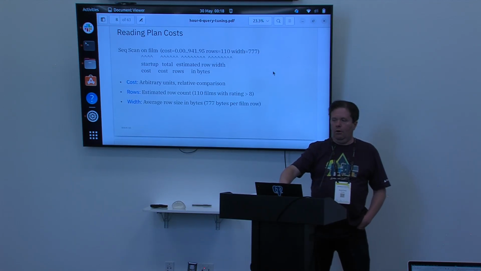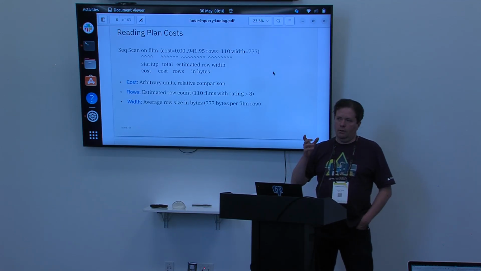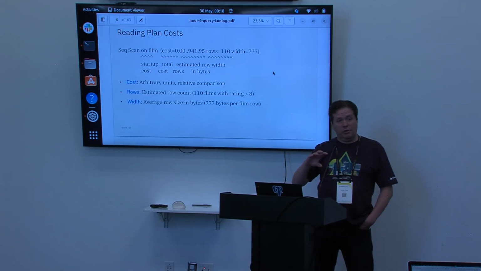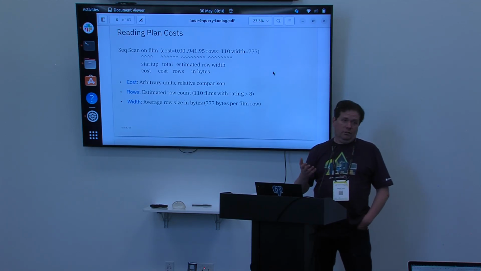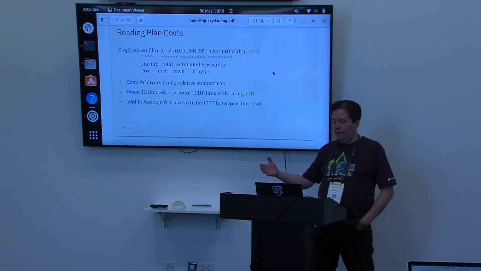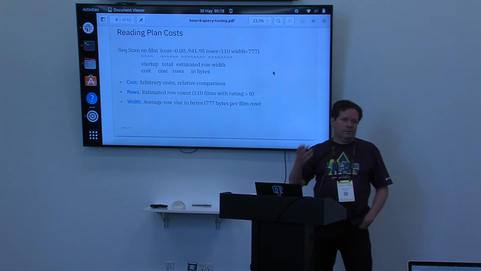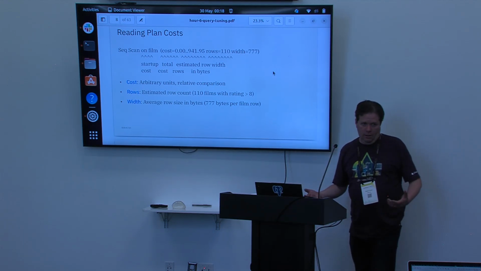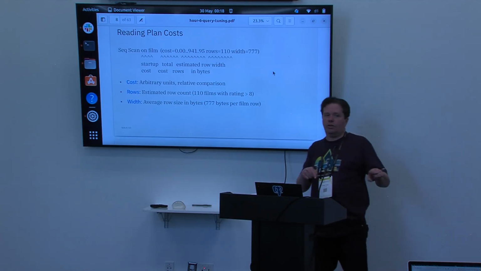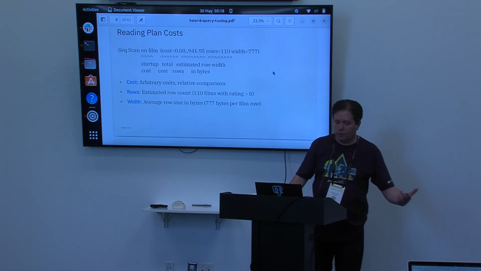This, on your sequential scans, reflects statistics around mainly the values in the variable length fields. So, yeah, if you have a lot of varchars, there is something done there based on the most frequent values, etc. How wide do we think these things are going to be? And that feeds into the cost of, okay, how many pages do we think